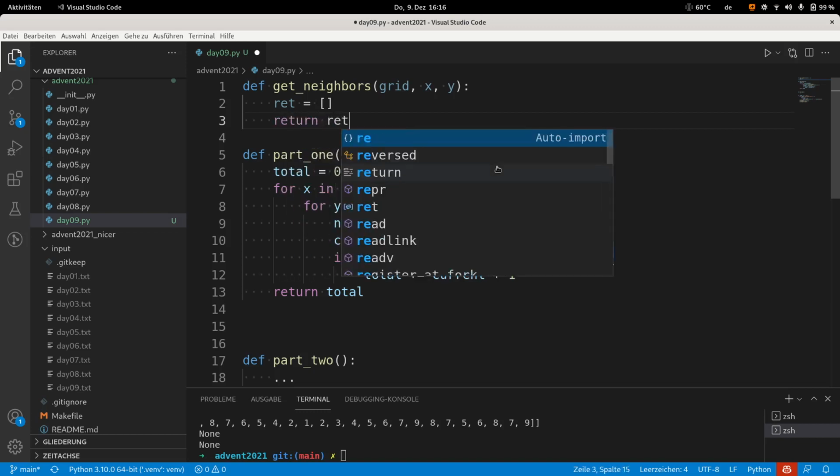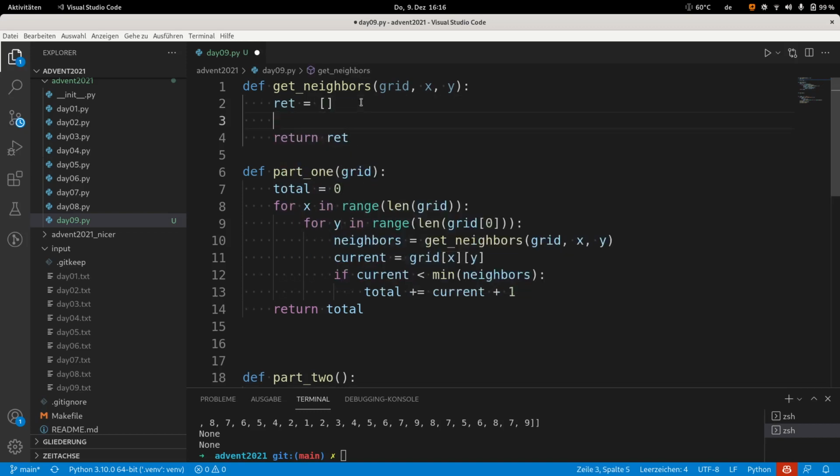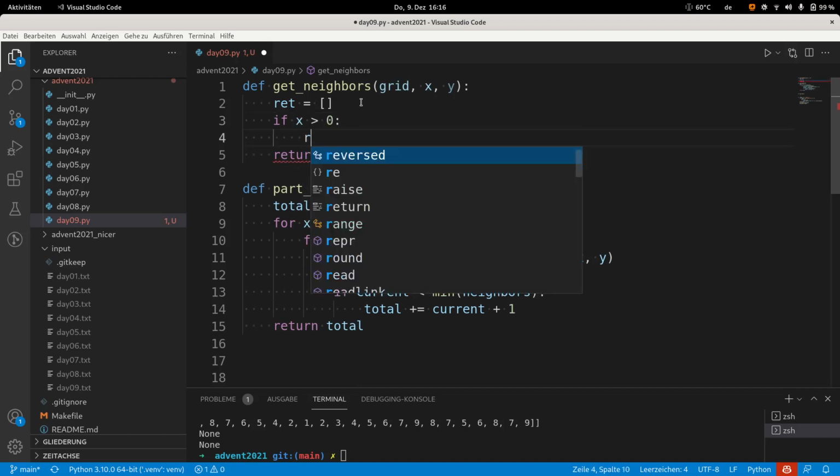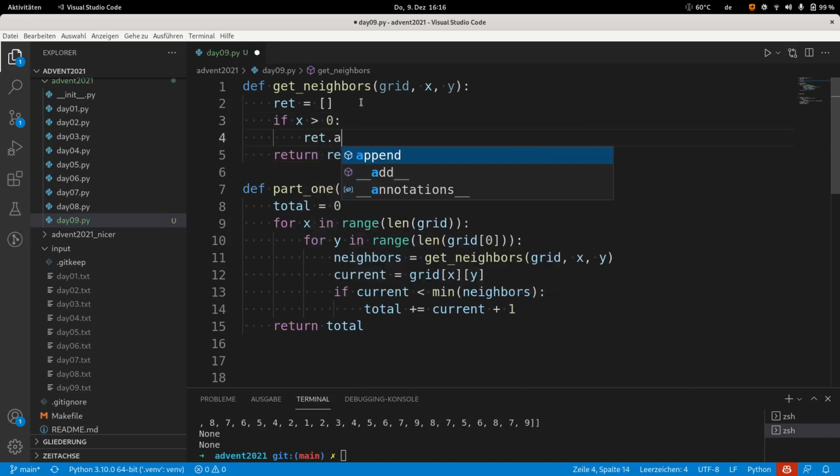So return ret. So let's check first of all that we are not on the edge. So we say that if x is greater than 0, then ret will have the value that is at position